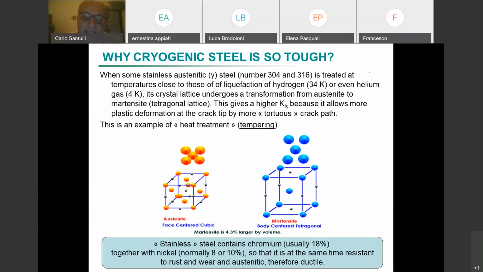It becomes body centered, so it expels a little bit. Remember that austenite is face centered, so it has 14 atoms in the lattice cell, and here instead you are able to give more space, and you have a body-centered tetragonal which gives more space for carbon and for other atoms to move around. In practical terms, it allows you to have more plastic deformation, more at the crack tip, especially a complicated one,